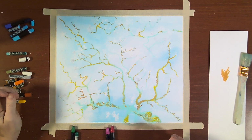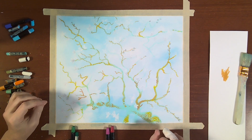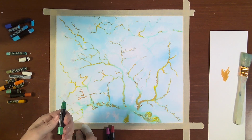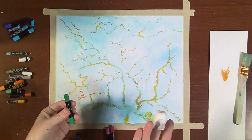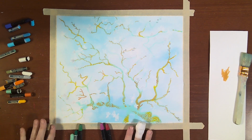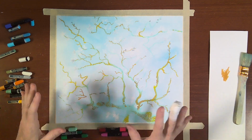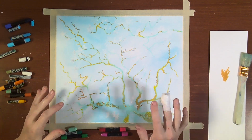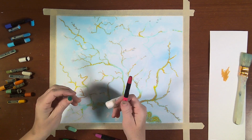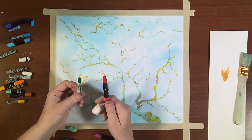All right, now we're going to get into some of our mid-range color where we are introducing the cool greens, which are dark greens that you may have, or maybe just the green that comes with your set. It's all fine. What this layer is really all about is opposites. A lot of Van Gogh's color work is about the visual relationship of opposite colors, in this case